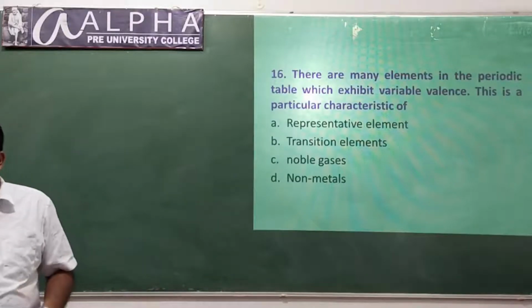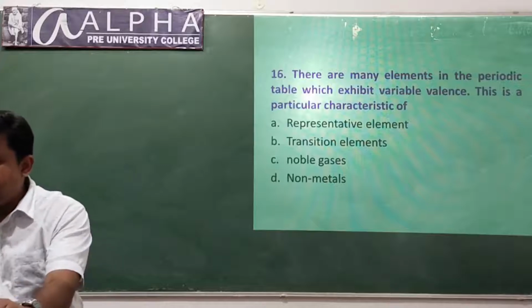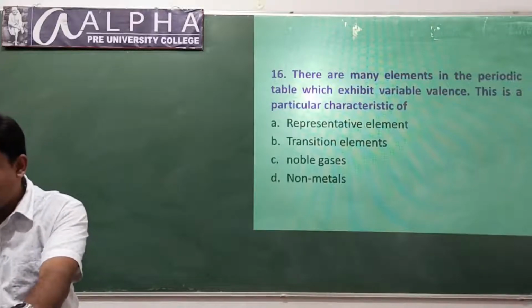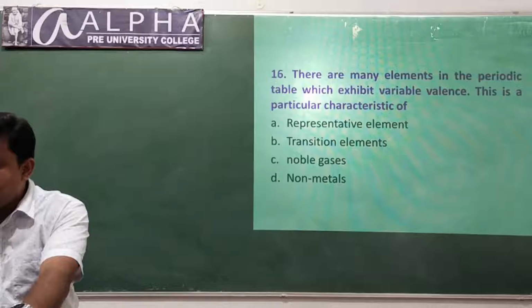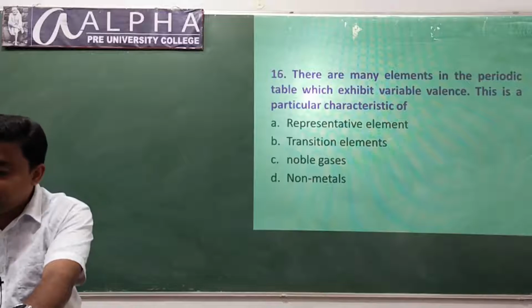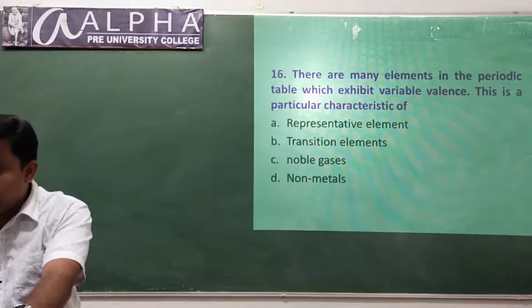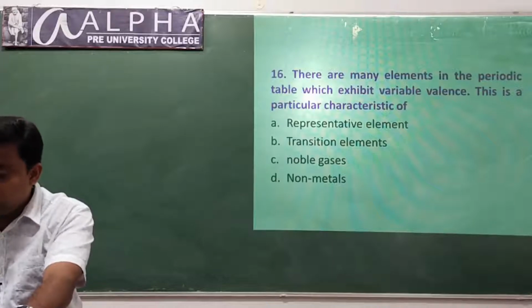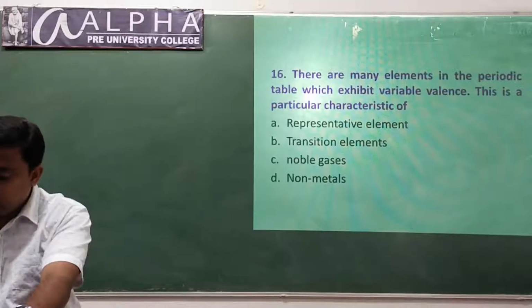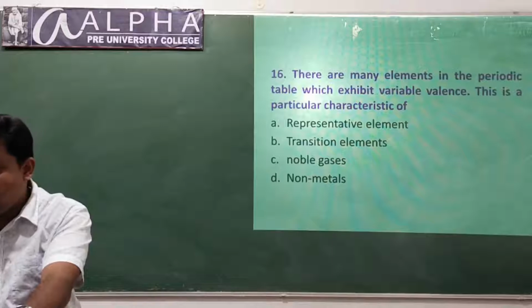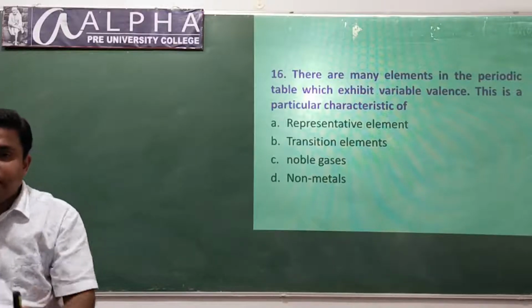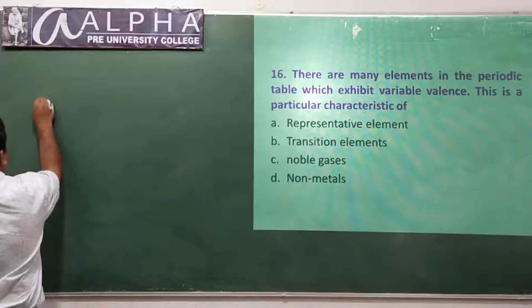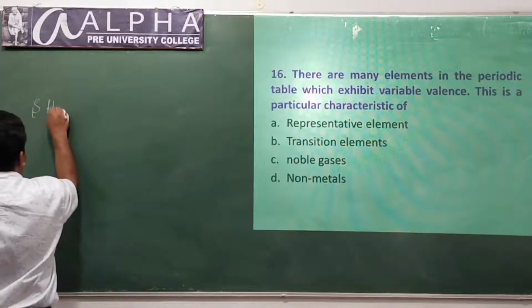There are many elements in the periodic table which exhibit variable valency. This is a particular characteristic of what? Representative elements, transition elements, noble gases, or non-metals. What do you mean by representative elements? S block elements